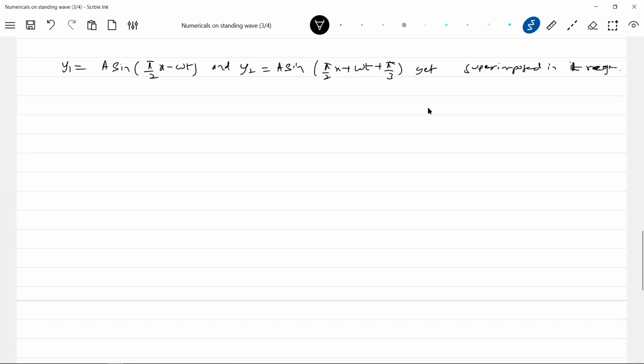In the region x greater than or equal to 0,